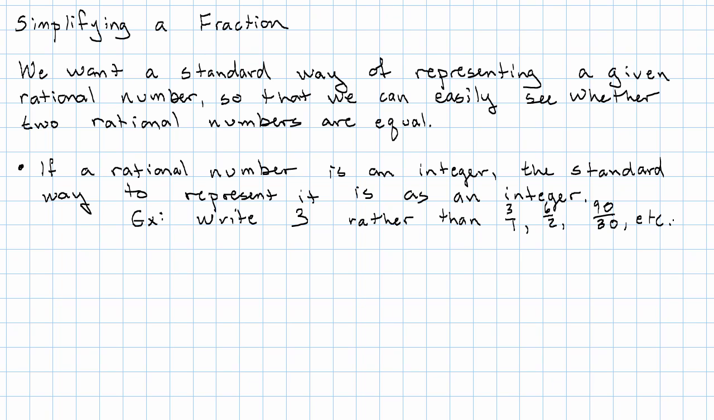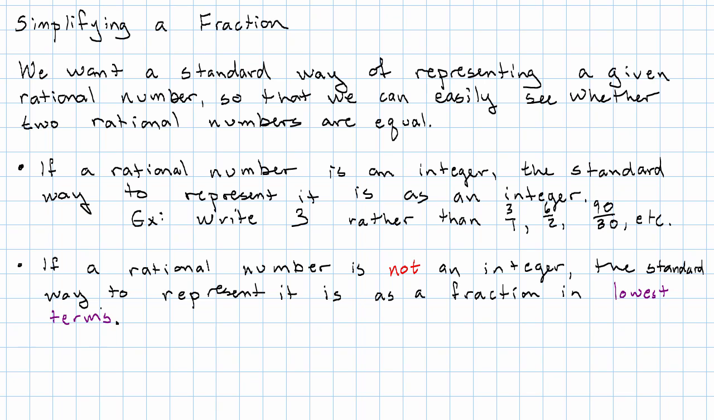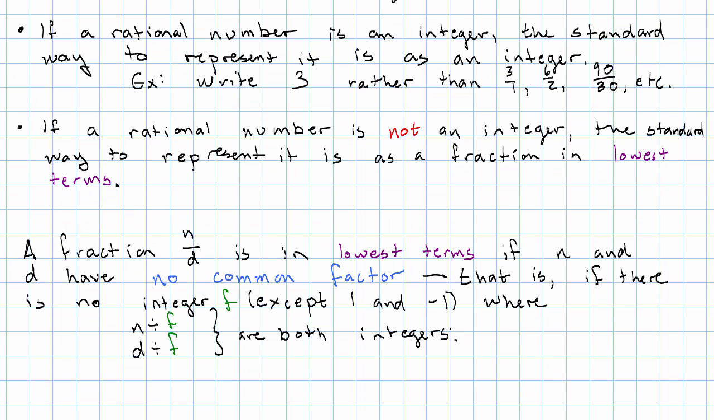Okay, what if our rational number is not an integer? If a rational number is not an integer, the standard way to represent it is as a fraction in what's called lowest terms. What does this lowest terms mean? A fraction is in lowest terms if its numerator and denominator have no common factor. That is, if we can't come up with another integer that we can divide both of them by and get